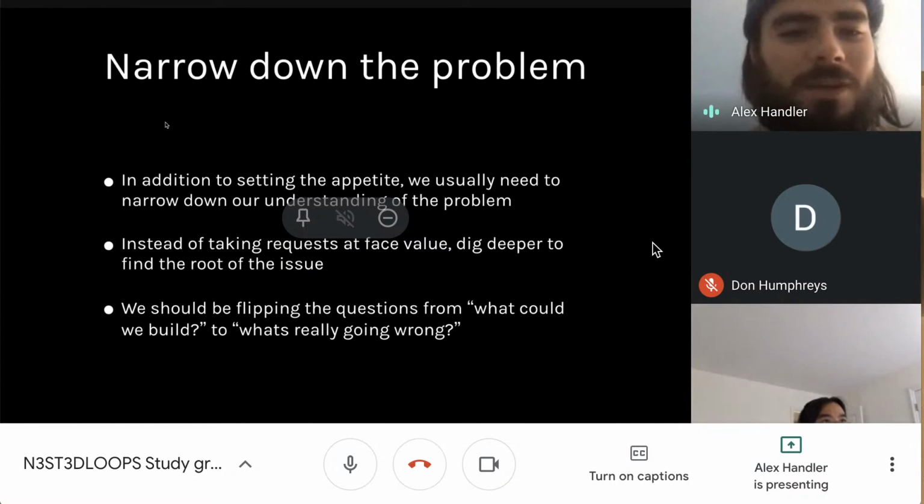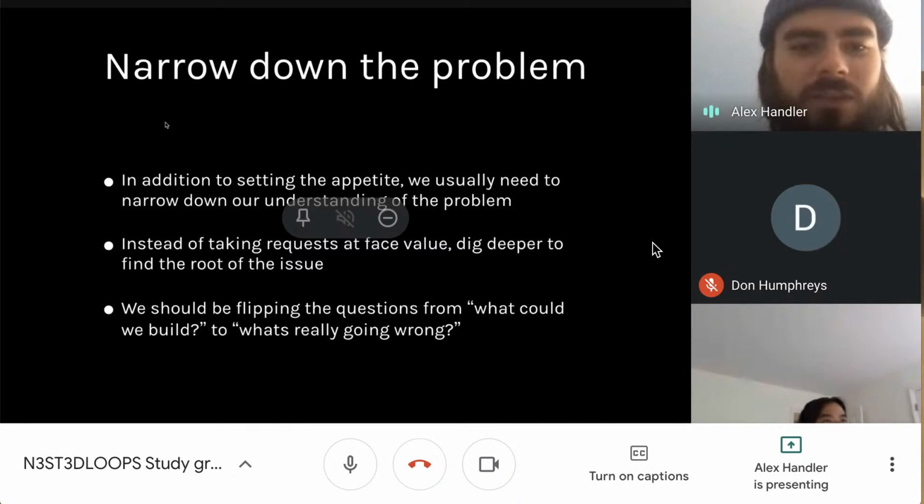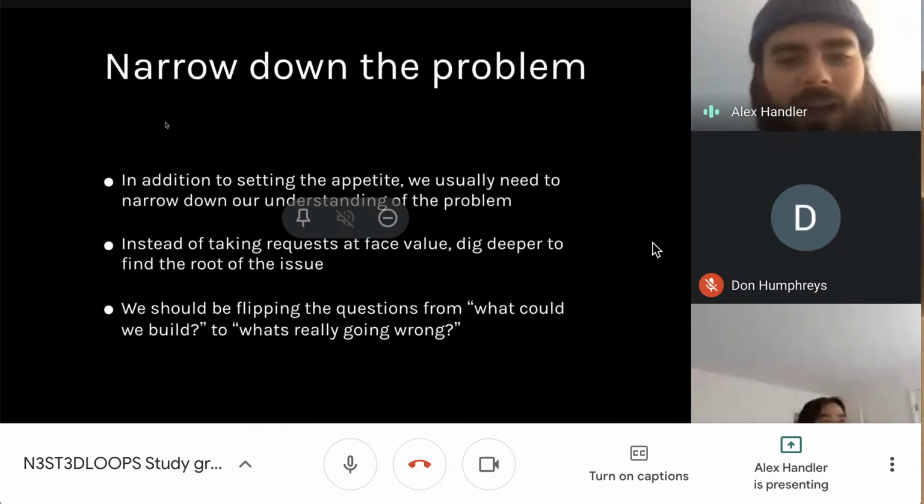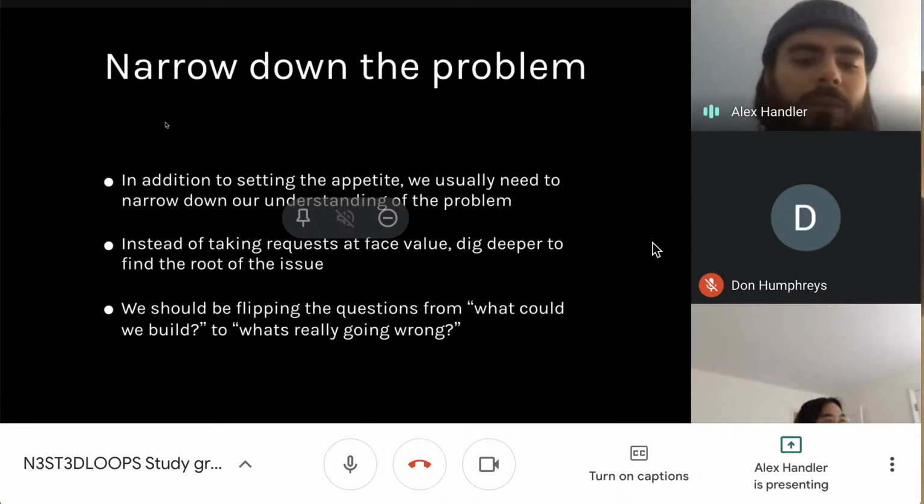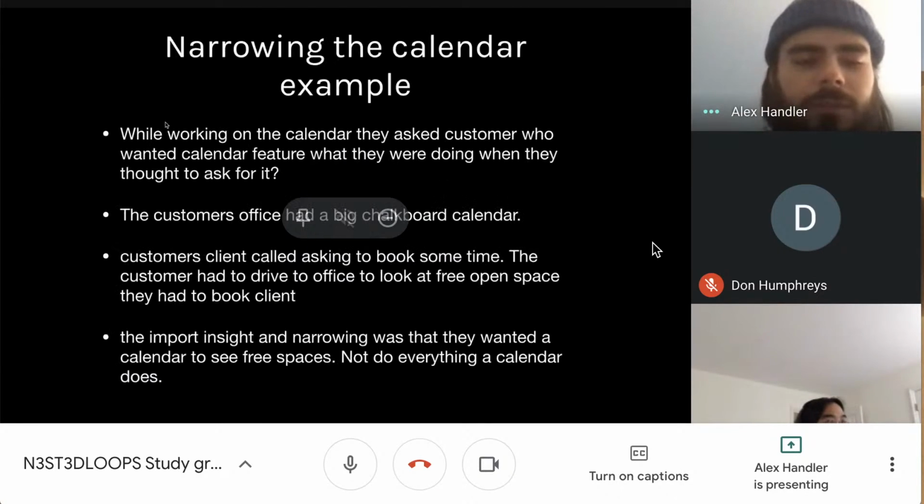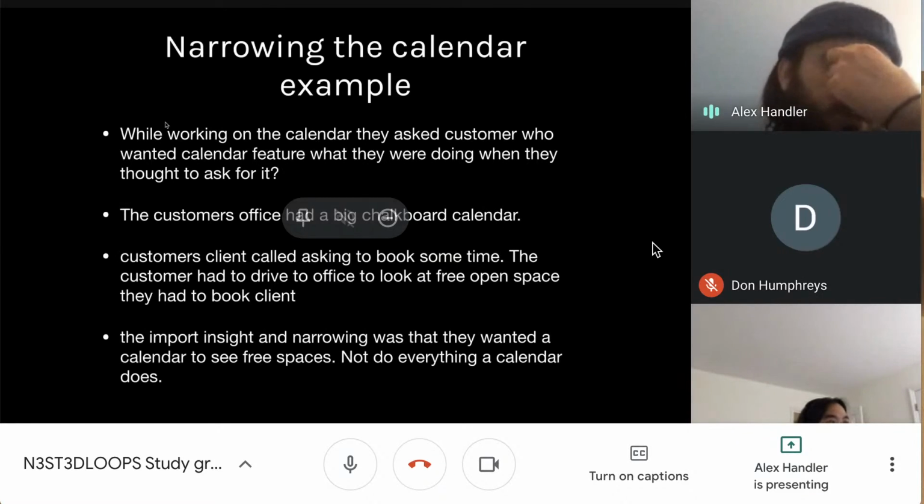The next idea goes into narrowing down the problem. So in addition to setting the appetite, we usually need to narrow down our understanding of the problem, right? What that means is, instead of taking requests at face value, we want to dig deeper to find the root of the issue. So we should be flipping the question from what could we build to what's really going on, or what's really going wrong, in fact. Using that calendar example that appeared earlier, I think in chapter 2,